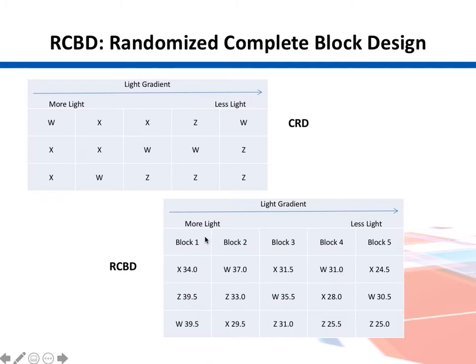And what we do over here is, when we introduce those blocks, we make sure that in each block representatives from each variety are represented there. These were those varieties, and these were the numbers, or for example our yields, which we are recording as the responses. So X and Z and W. So all three varieties are here in block 1, here in block 2 as well, block 3, 4 and 5.